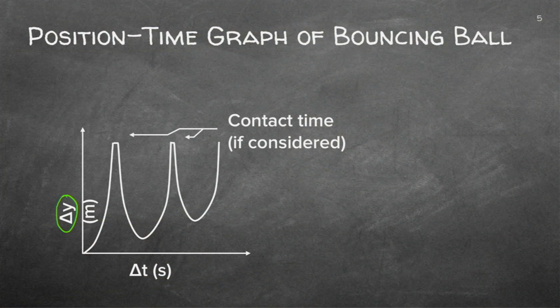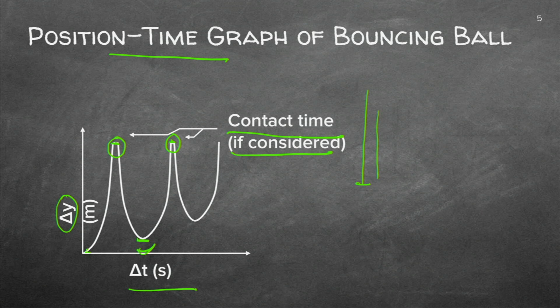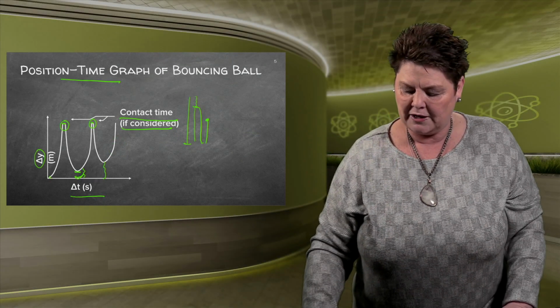So I've got my position-time graph here, and that would be the contact time. Can you see there's a little bit of contact time being wasted there? That's the way that you're going to see it. Can you also see that this is not exactly there, which means it fell down and didn't go up to that same position again, so it's lower than that? Can you see that there? And this one is even lower, so it bounced again, it came down and bounced again, and it's lower than it was. There's a lot of information that a graph can give you in terms of a bouncing ball.